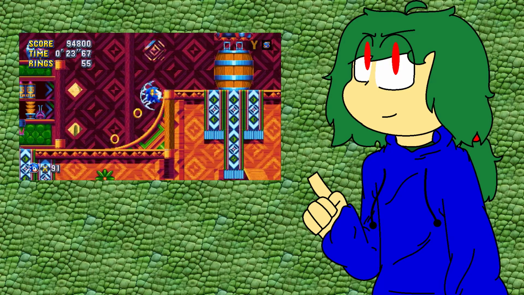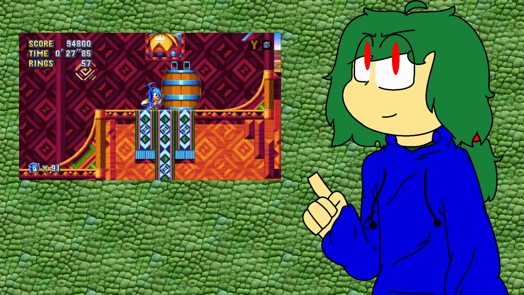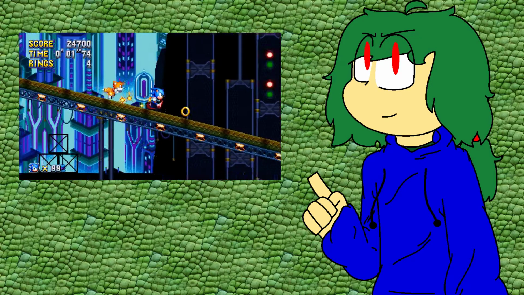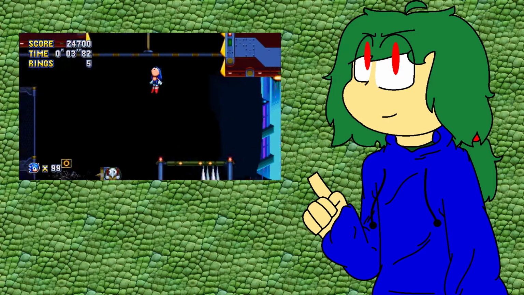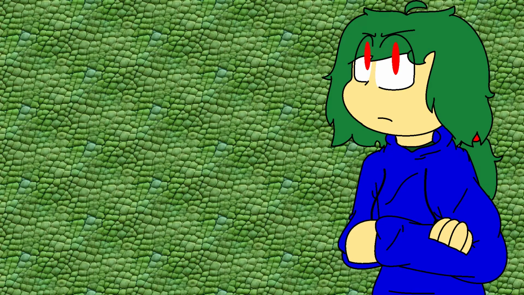Mirage Saloon is a spiritual successor to an unused level from Sonic 2 and is great fun, especially with the water bottle and gun mechanics. Finally, Titanic Monarch is just one big difficulty spike, but is still a super fun one at that. That's all I want to say about the new zones, as it's better to experience them all along with the